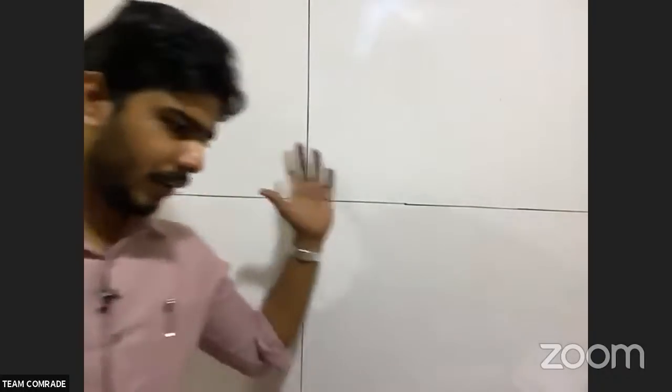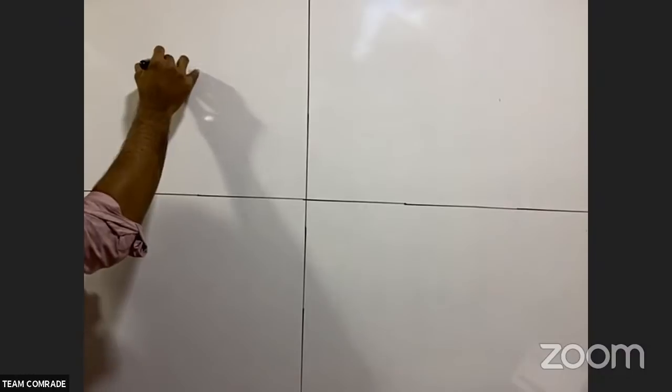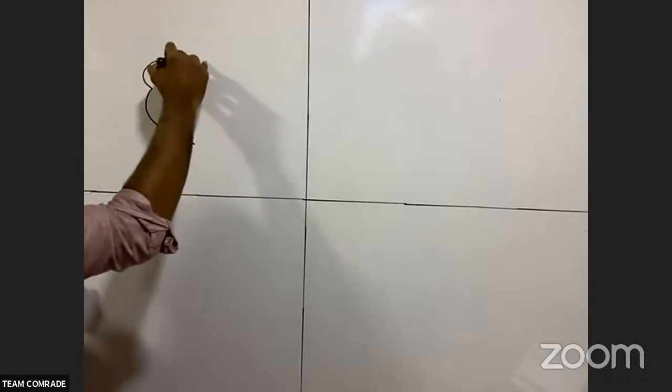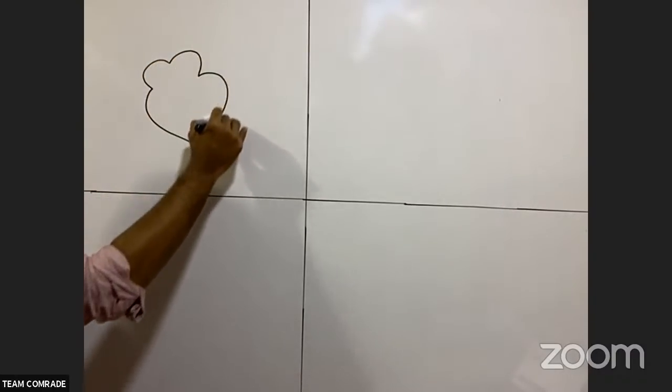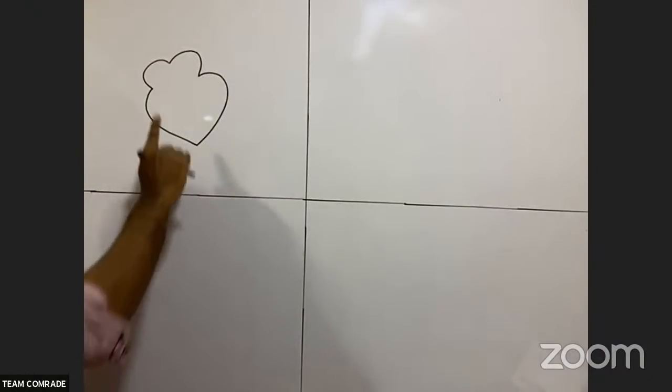Right. Now, in your file, in your tute, you have how to draw the heart. That one you see here, you have to draw with me this way. First part, what you have to draw, just like this. First step, draw like that. See properly. First step is that one.